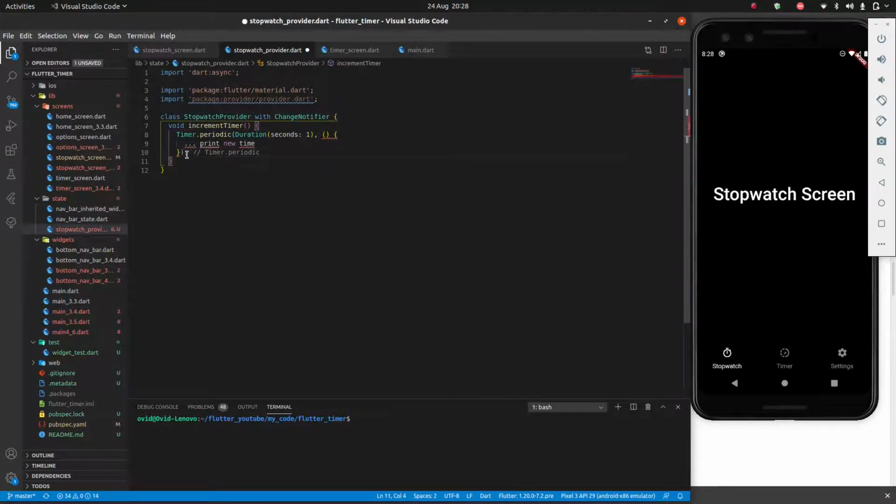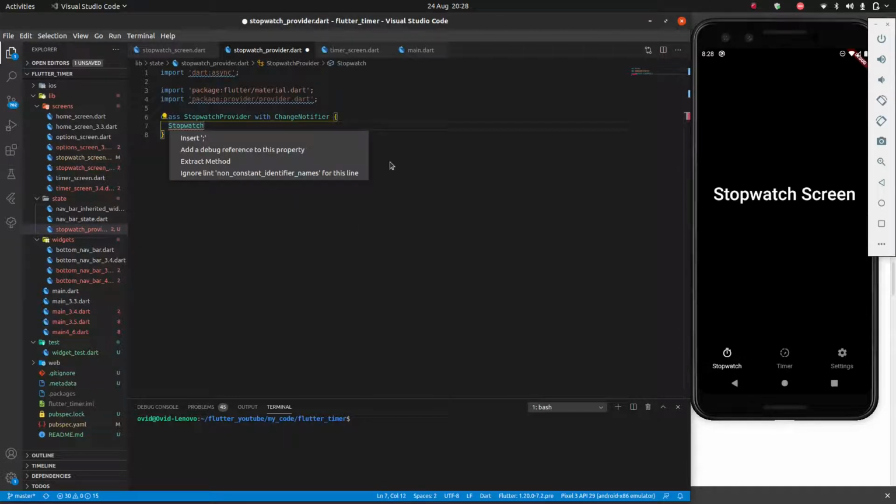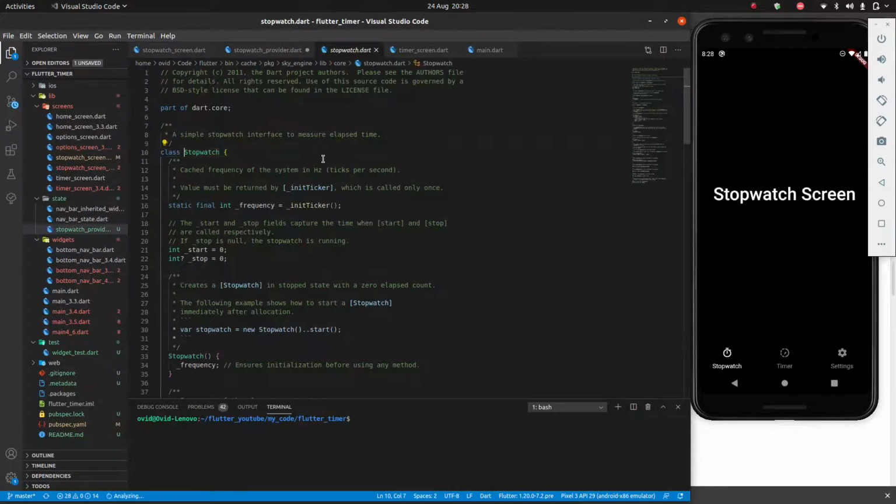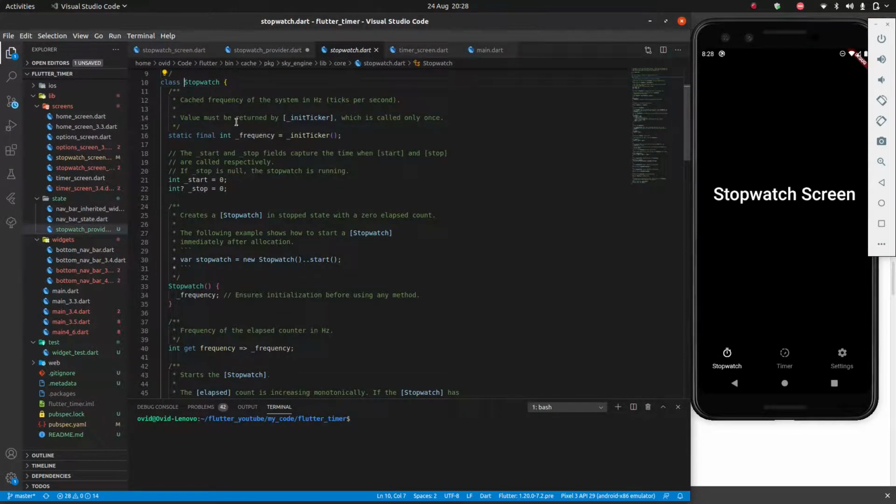But Dart has another class, another tool, which is going to make this much easier for us, and that is the Stopwatch class. So I'm going to use Stopwatch, and I can't remember if I have to import it or not. No, maybe not. Stopwatch sw = Stopwatch(). And of course, you guys will remember what this means is we're creating a new instance of class Stopwatch. And I actually want to show you guys, if we go into the code of Stopwatch,